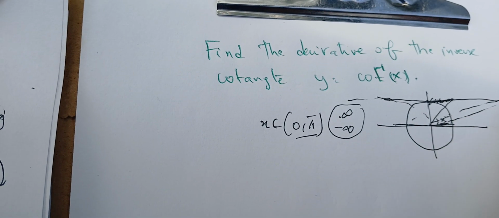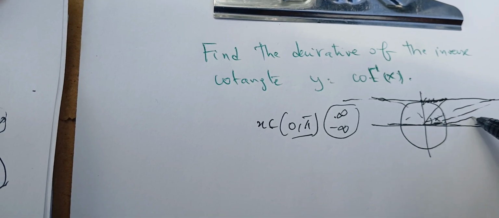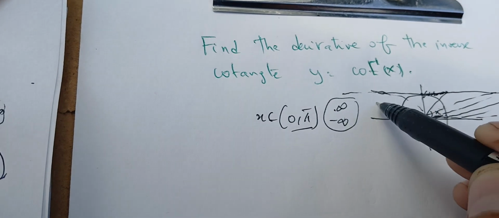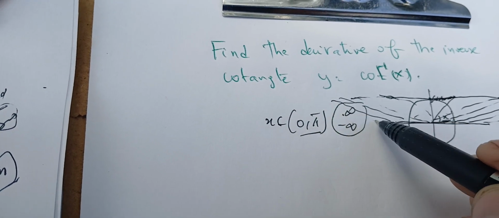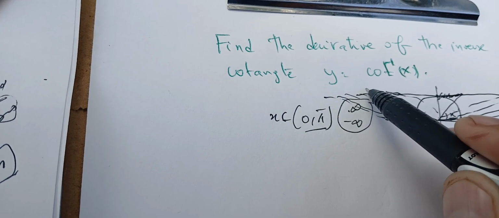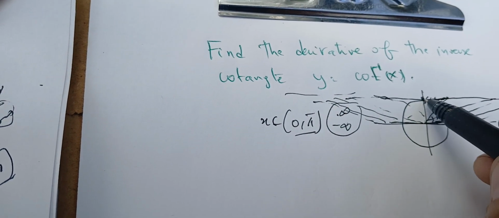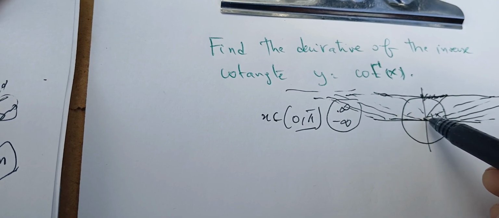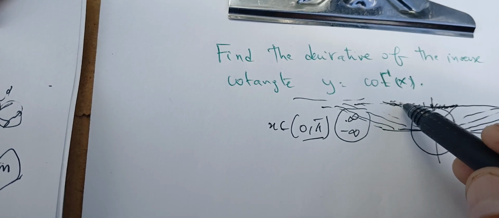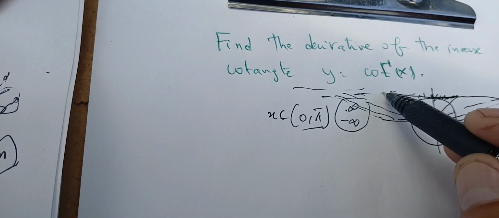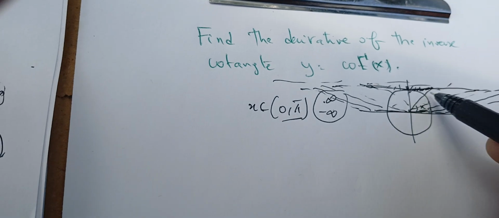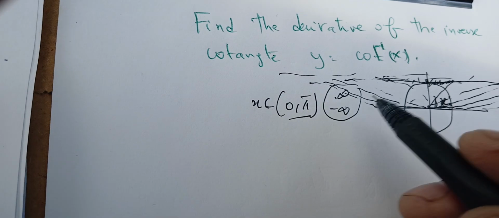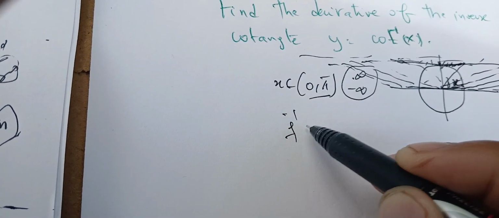So here we can see it graphically. As the angle keeps getting smaller and smaller, we tend to go to plus infinity, and as the angle keeps getting closer and closer to pi, we get to minus infinity. So here, between 0 and pi over 2, the cotangent is positive, and between pi over 2 and pi, it's negative. Okay, there are other ways to represent this one, but this is the best way. So think of the cotangent as being here with your x as this x value here. So now in this case we can define an inverse function that goes from